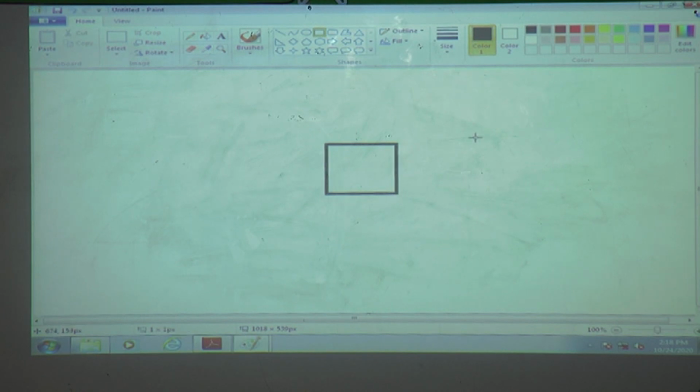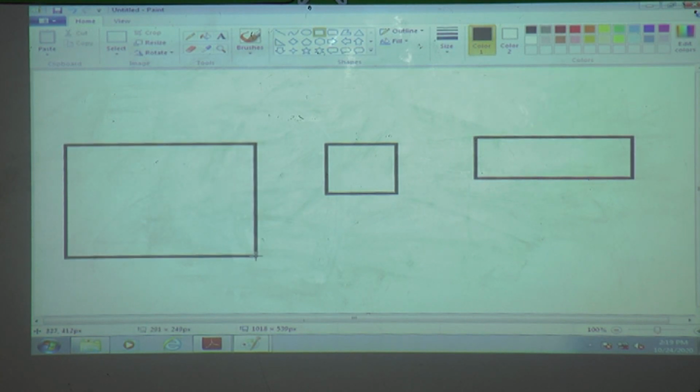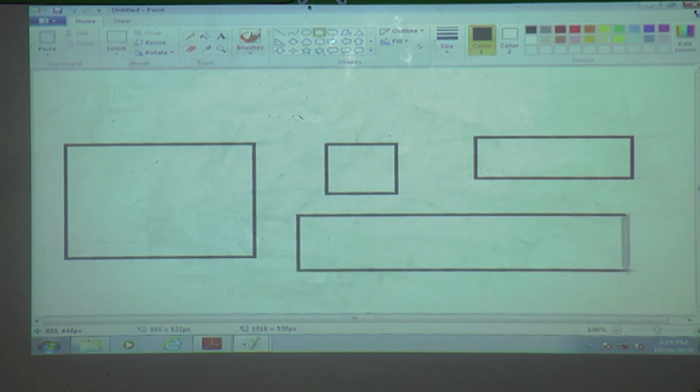We can draw, it is a square. Now we can draw a rectangle, different sizes of rectangle and square we can draw. What is it now? Good. Square. Now we will draw a rectangle.